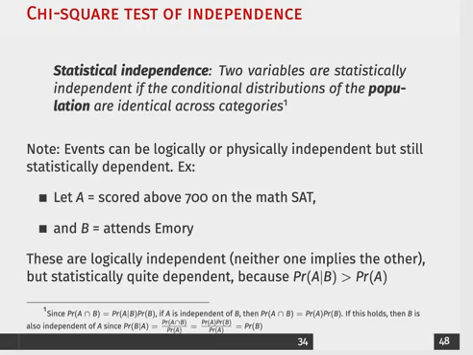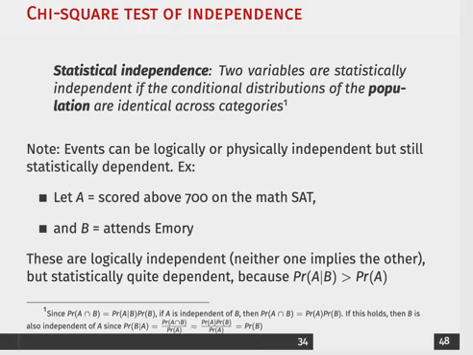Now, these are kind of logically independent, right? Like having above 700 on the math portion of the SAT doesn't necessarily imply that you attend Emory, but